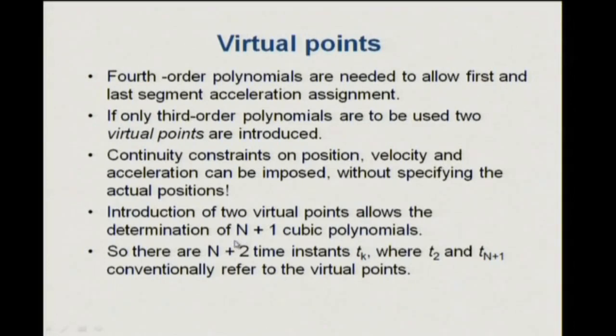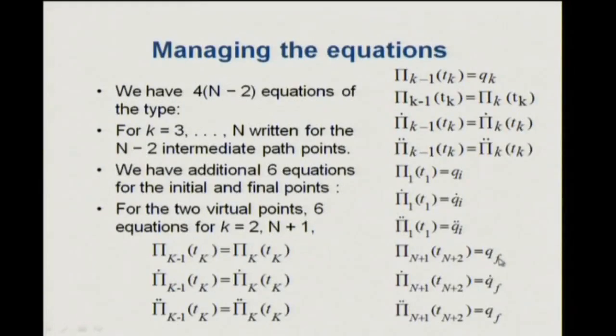So, what you do is you take n plus 2 time instants, tk, and conventionally you take t2 and tn plus 1 as the virtual points. So, this is the labeling. Conventionally t2 and tn plus 1 are called the virtual points. Then if you look at it carefully, you have 4 times n minus 2 equations of this type, and these equations are for k equal to 3 to n, written for the n minus 2